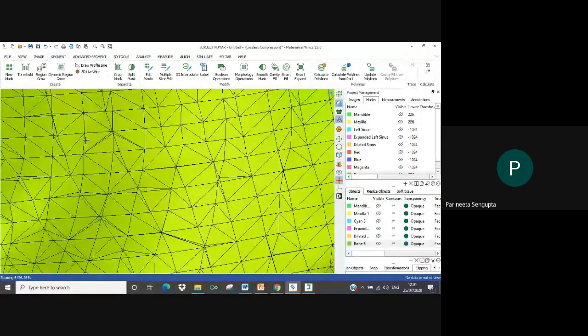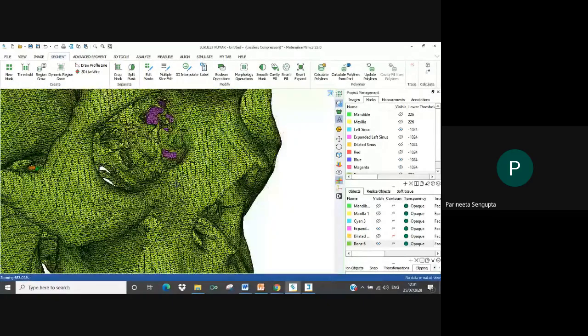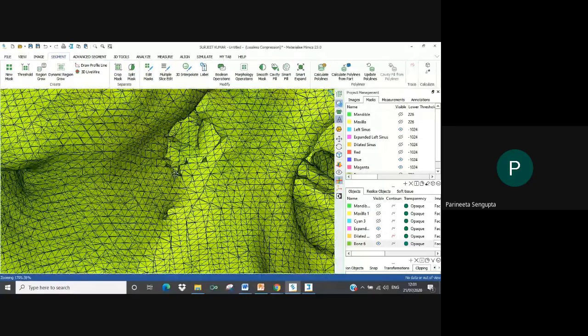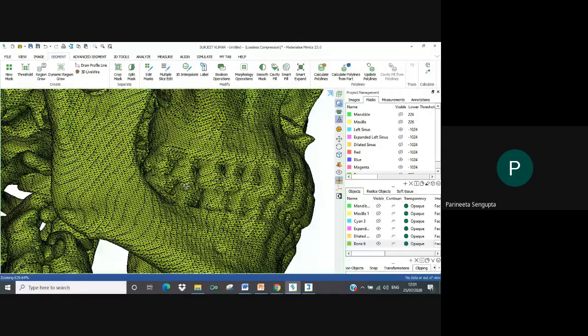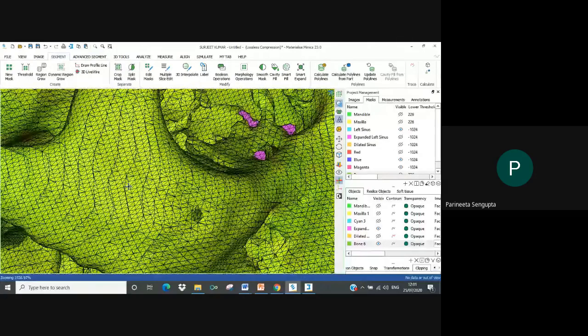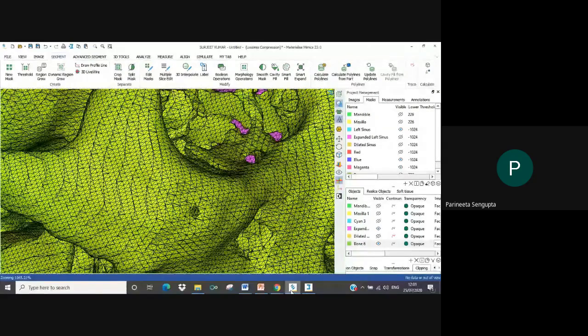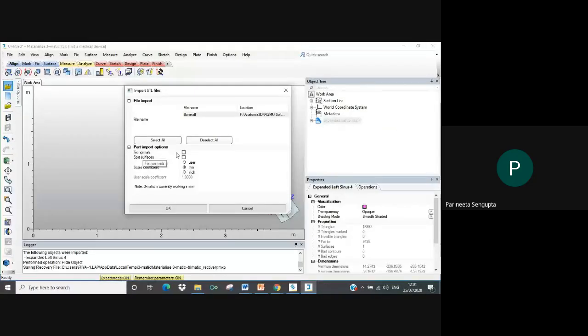I hope you can visualize that. Sometimes while exporting, the triangles may overlap or flip or get inverted. Basically, the angulation may change. So it asks whether you want to maintain the same angles or fix the file in case there is some irregularity in it.